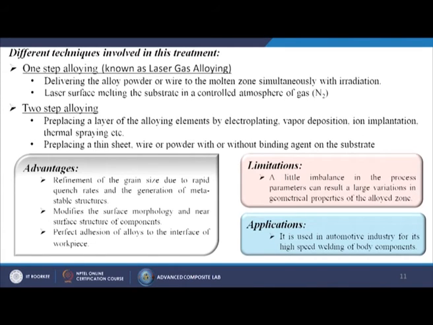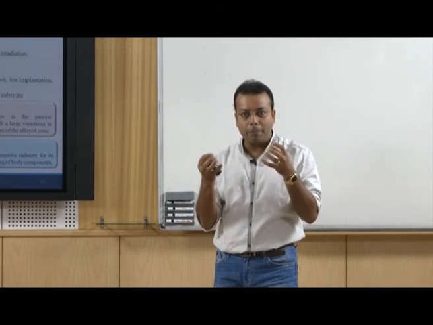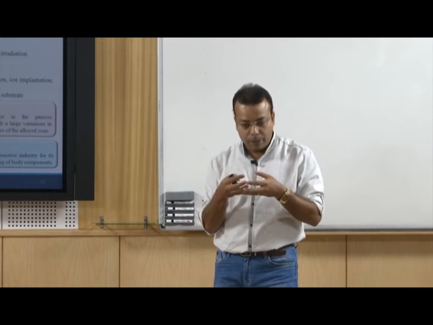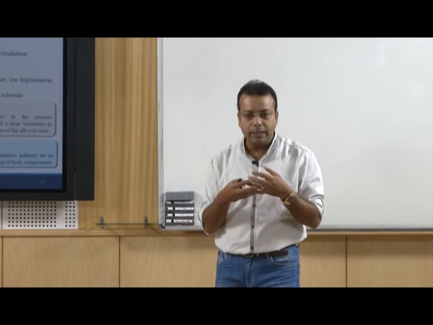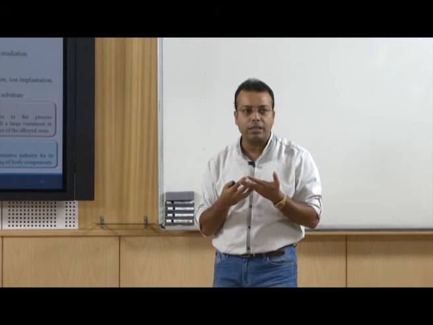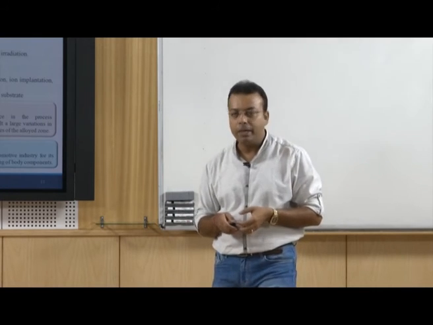Why are we calling it chemical modification? Because first we are melting those materials so that the powder and base material can be properly melted, then they can mix, then they can undergo certain kinds of chemical reactions between them, so that the surface of that particular material can be changed.